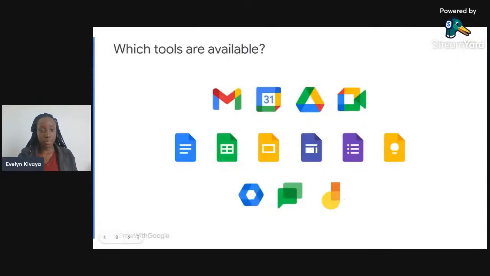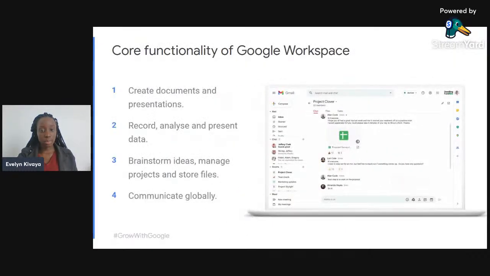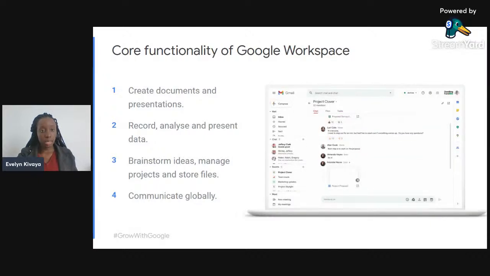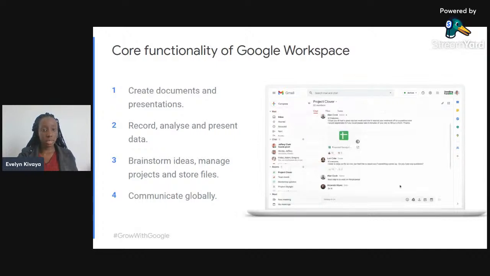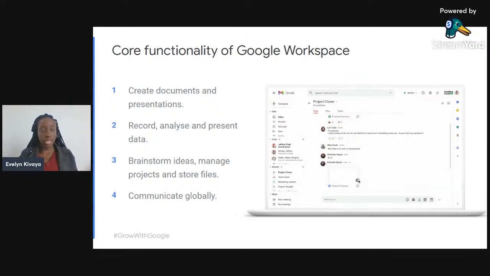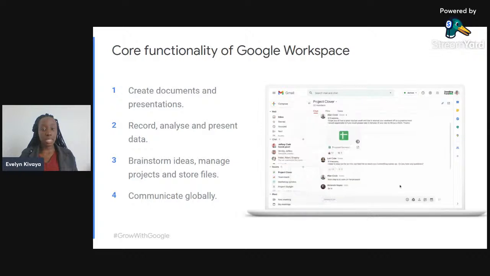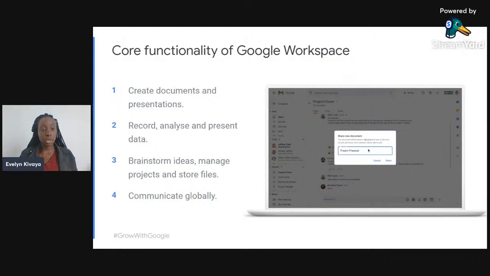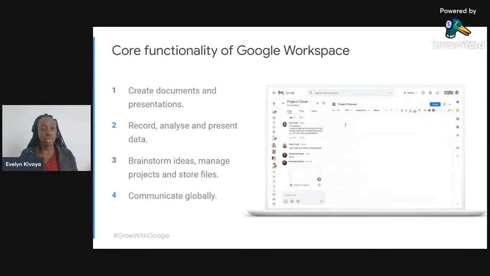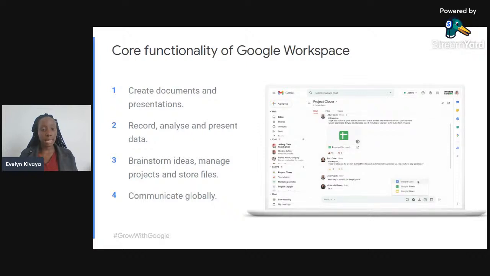So I've practically shown you examples of Google Workspace. Maybe we can dig into the next thing, which is the core functionalities of Google Workspace. The core functionality is that Google Workspace can create documents and presentations, based on the examples I've just shown you. For example, under Google Docs, you're able to create or do your work from it. A presentation is an example of Google Slides, where you can perform your tasks.